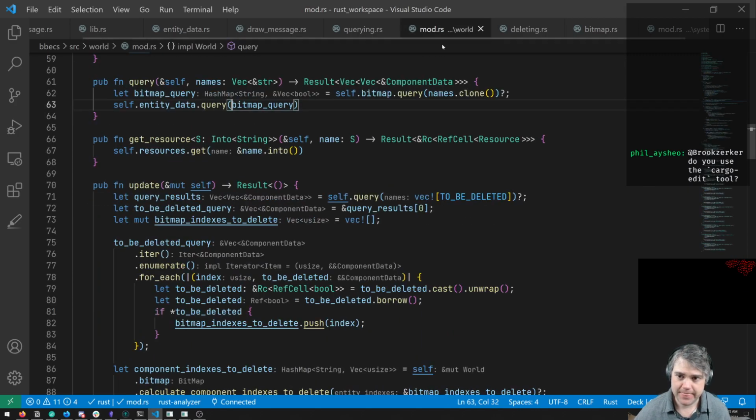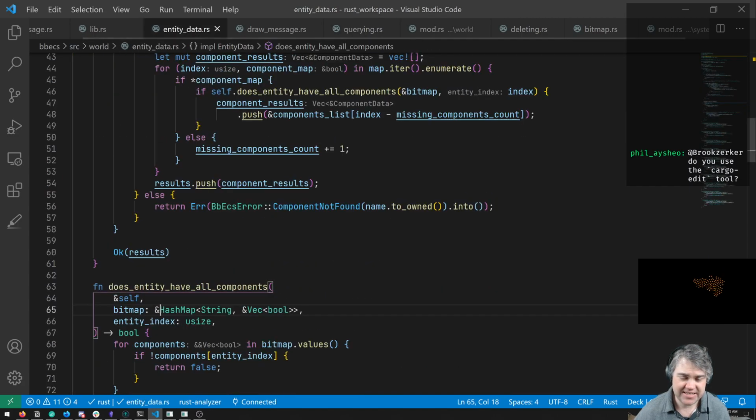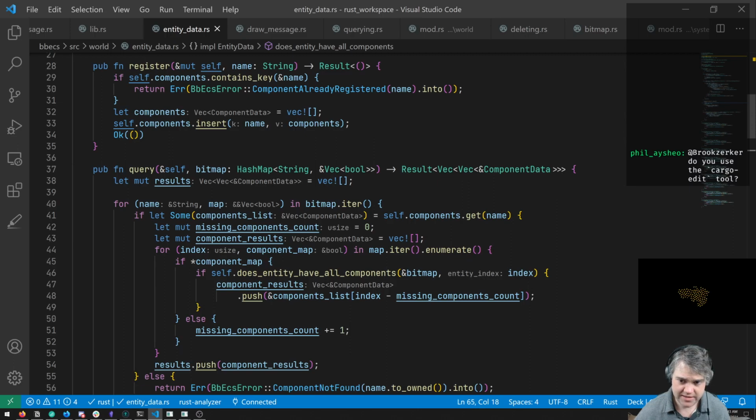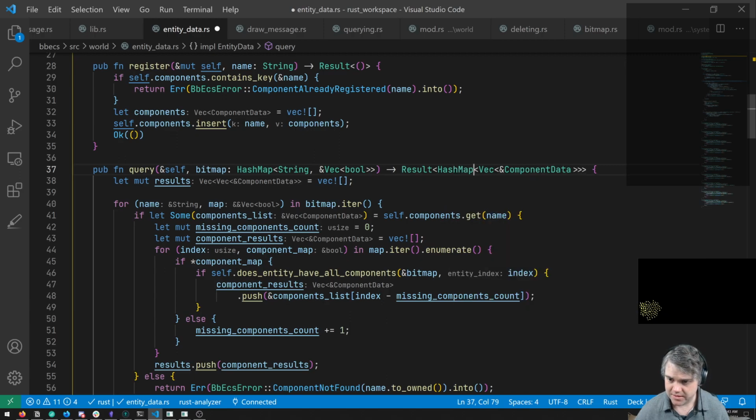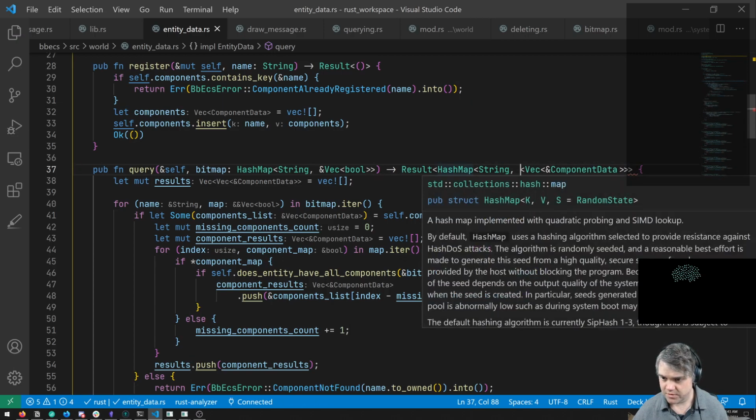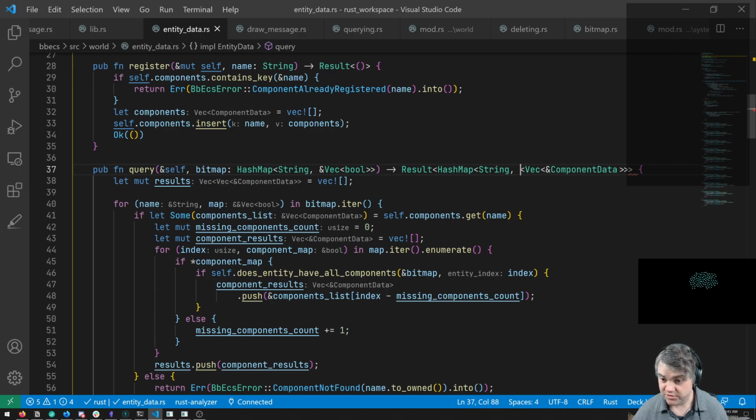So this is in entity data for this query. I don't want to return a vec of these vecs. I want to return a hash map of string and these vecs.